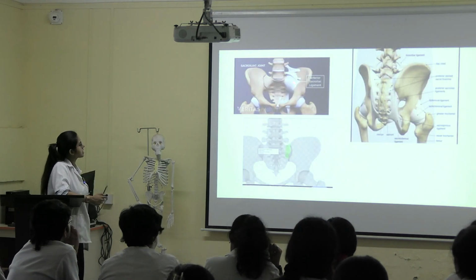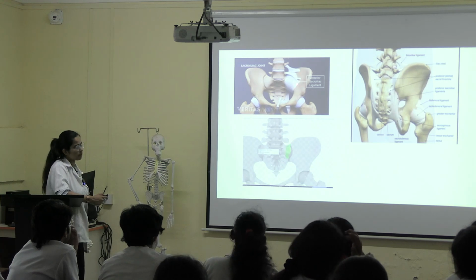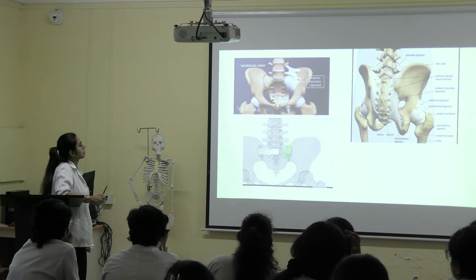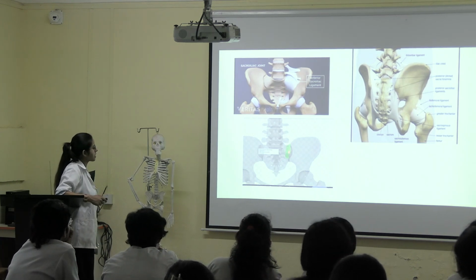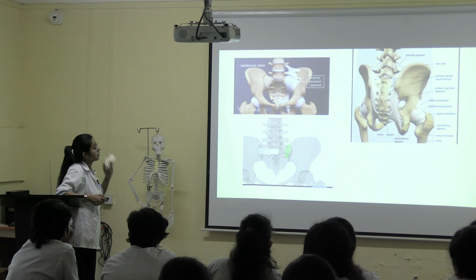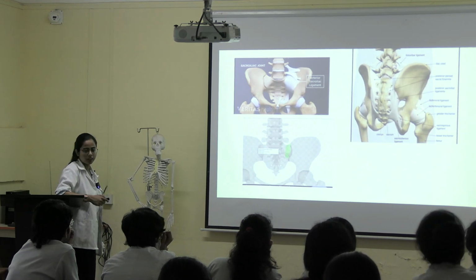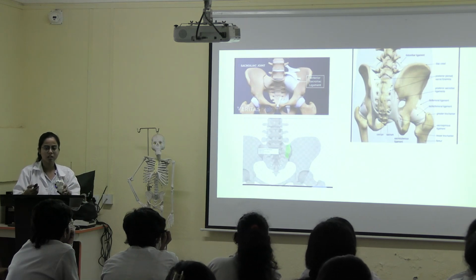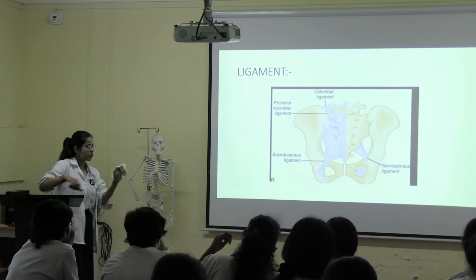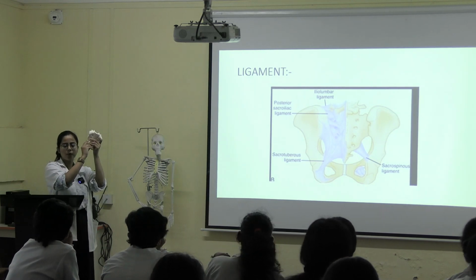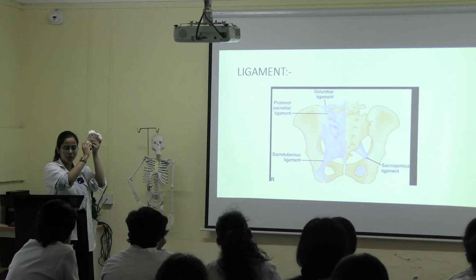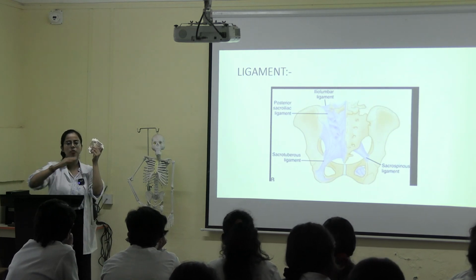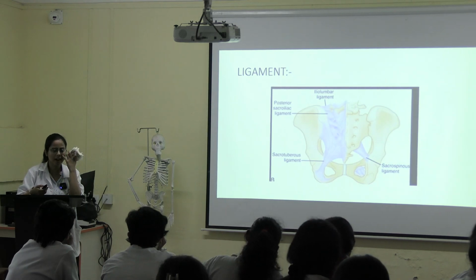Here you can see this is the anterior or ventral sacroiliac ligament, on the ventral surface. Next we have the interosseous sacroiliac ligament, and here we have the posterior sacroiliac ligament, or the dorsal sacroiliac ligament. Then we have this ligament. The relations from behind to forward are the gluteus maximus, then sacrotuberous, sacrospinous, and coccygeus.